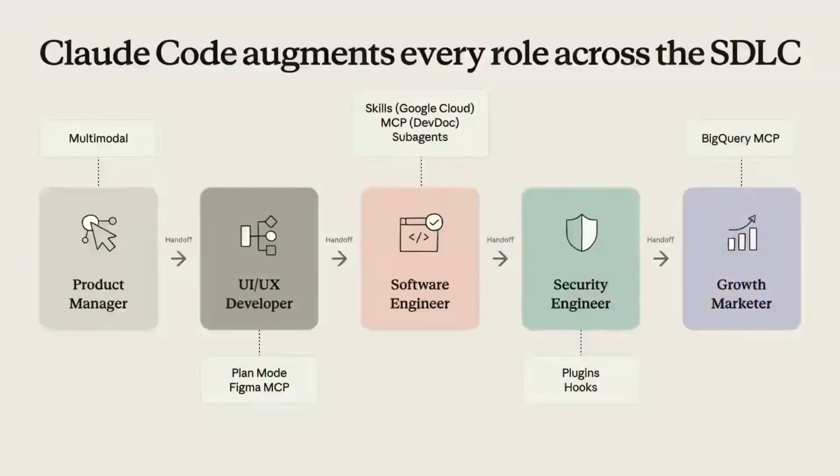Finally, once the application gets released, you probably have a data persona, like a growth marketer or a data analyst, that analyzes the data collected through the app in order to generate insight and produce feedback to the PM, in a way that the product or the feature itself gets improved. These are all the personas that, in a simple way, we can imagine are involved in the software development lifecycle. Now, with respect to these personas, Claude Code, Anthropic's coding agent, augments all of them,